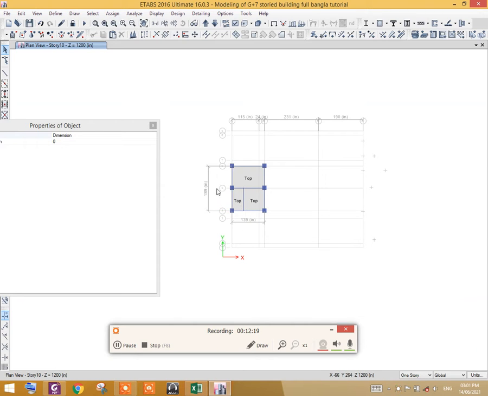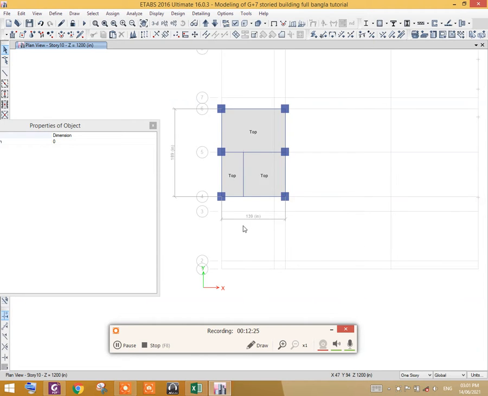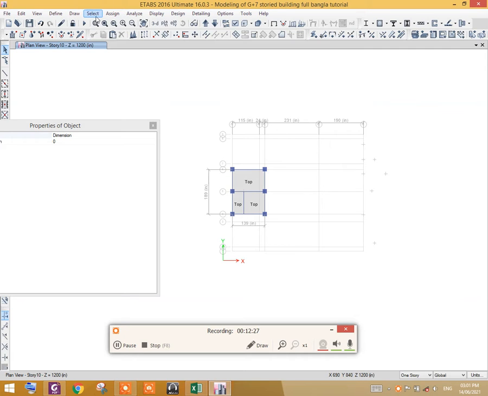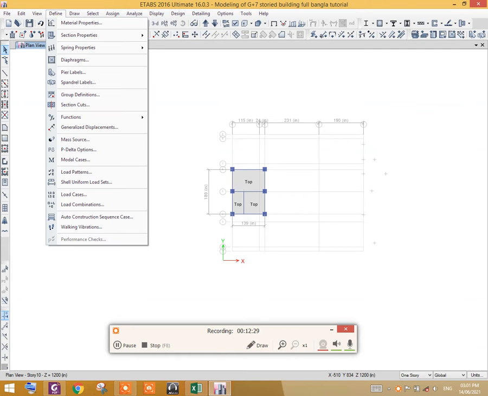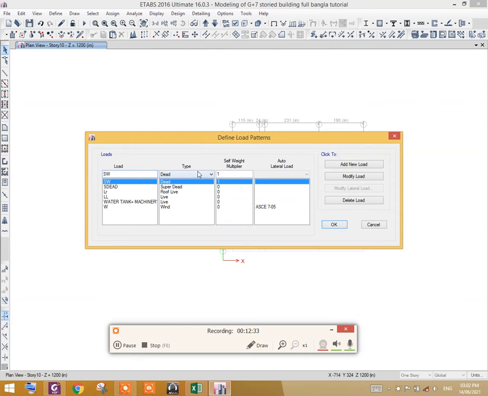You see in the Y direction the dimension is 189 inch and in the X direction the dimension is 139 inch. So what we shall do is go to Define, go to Load Patterns and give it the name W, wind, sorry, here it is wind.